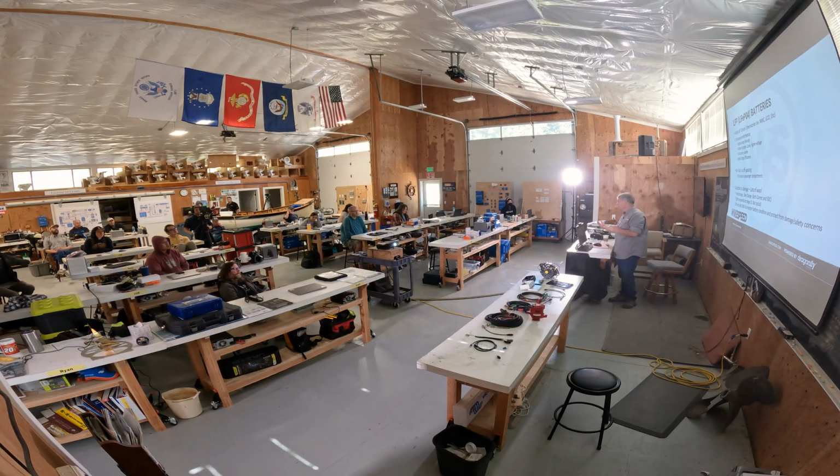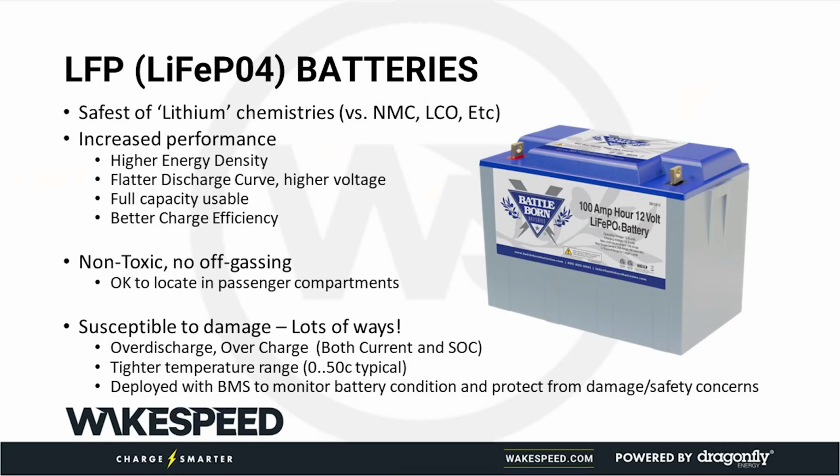All right, when we talk about lithium batteries, lithium is just one part of the battery solution. There are other lithium-based chemistries. The ones that we talk about are LiFePO, lithium iron phosphate. LFP is what people tend to refer to it. LFP has a really good charging ability. It has a really good safety ability in the sense that it's